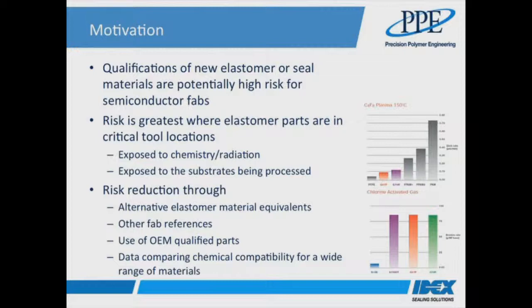The other key factor is lifetime of chamber components and how often parts need to be cleaned or exchanged, which is fundamentally determined by the erosion rate. So we now begin to understand that any change in materials used in a process chamber or critical location has some risk associated with it. While some fabs have the capability and resources to test and evaluate new materials, that doesn't apply to all fabs. So how to decide what's a good change that might save cost and what's a bad change that will potentially